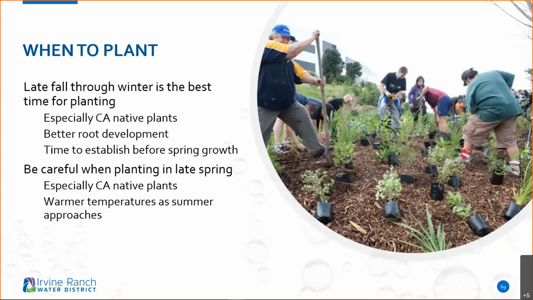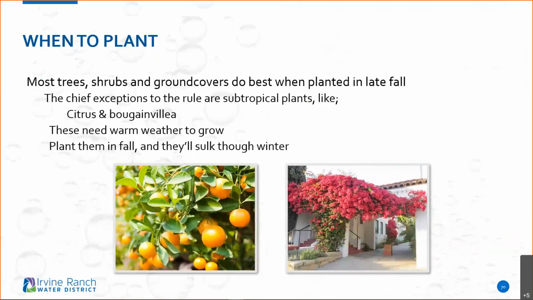So let's start looking at plants to use. I put a little information here on most trees and shrubs, but for those of you who like some fruit trees, some citrus or bougainvilleas, once again, a little research goes a long way. Subtropical plants, they want to wait till it gets a lot warmer before you start to plant these.